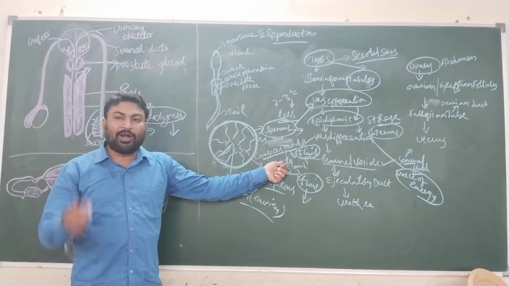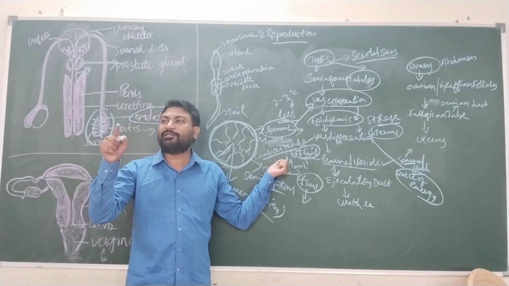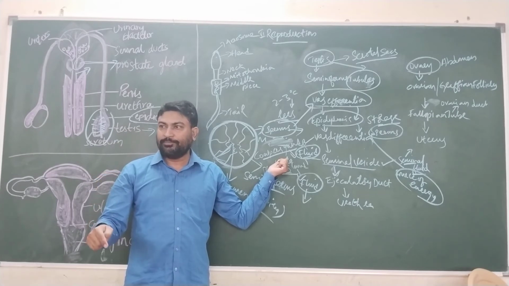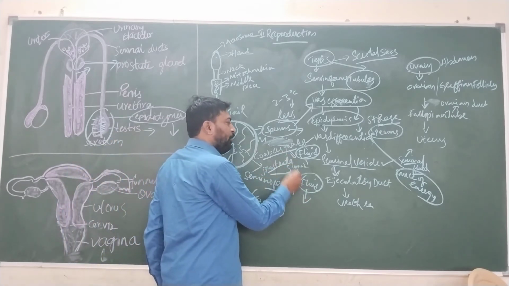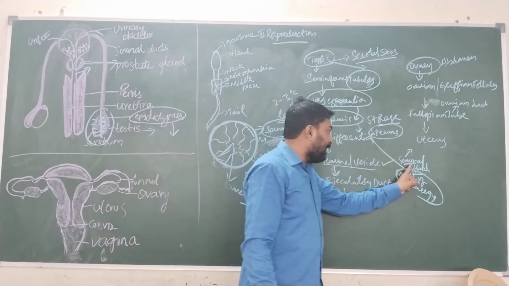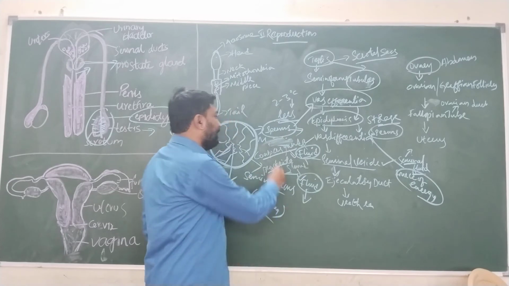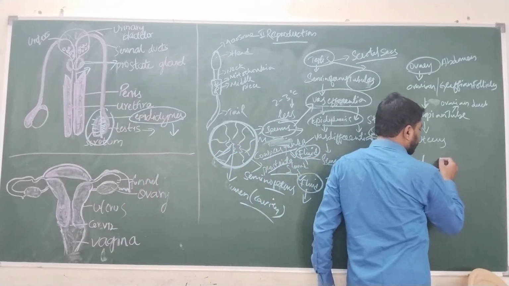The walls of the urethra will be acidic in nature. This is so because of the release of urine from our body. So this acidic nature will be neutralized by the fluid released by the prostate gland. And the entire fluids which are released by the Cowper's gland, prostate gland and seminal vesicle are known as